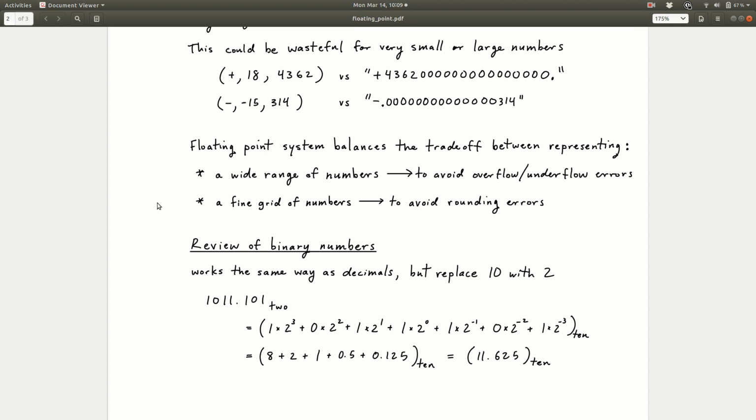So to help us remind ourselves what we're looking at, and the book does this too, if there's any ambiguity, we're going to try to give a subscript next to the number to tell us which base we're working in. So this is a binary number because we're saying it's base 2. The ones down here are base 10 numbers because we're putting the 10 below it. Okay, so when we write a number like this,